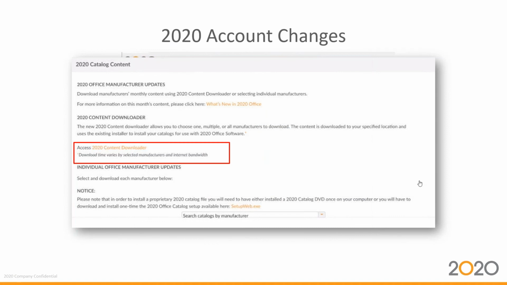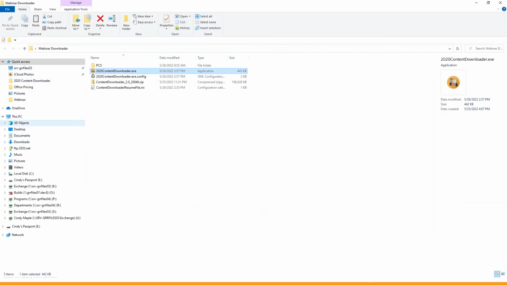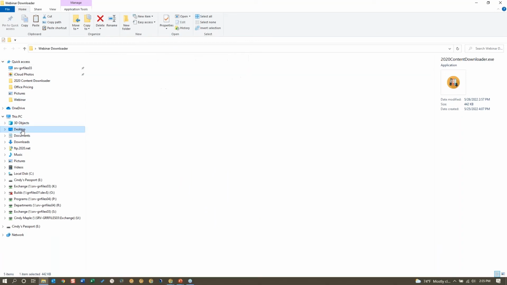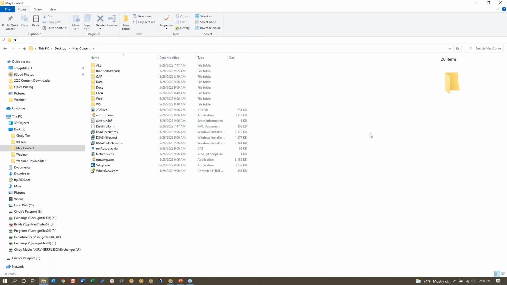Okay. So I'm going to switch over for just a minute here. And I'm going to show you, I did this download prior to the meeting, and I'm going to go into May content. So you'll see that once the downloader is finished, basically it builds a file structure very much like what you're used to seeing when you pop in your first DVD. And the process to install at this point is the same. So you either use the auto run, or you can use the setup exe. I'm going to use the setup exe,